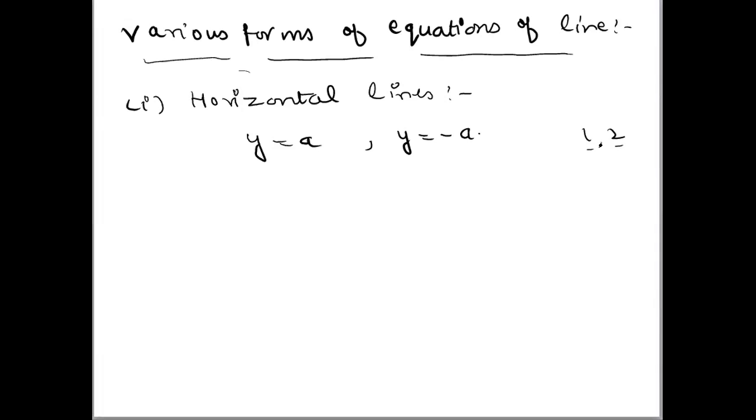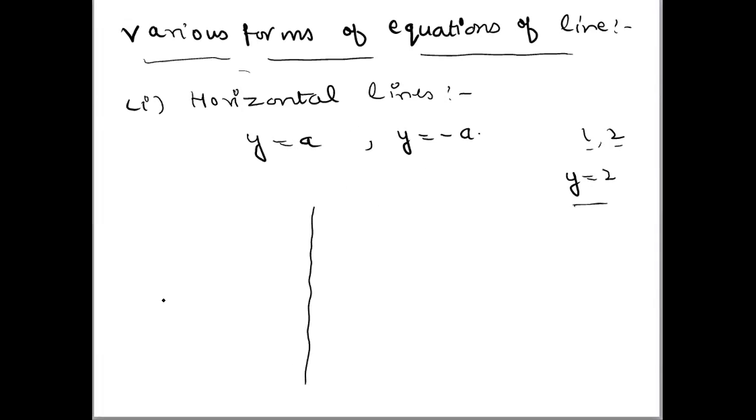When we are given 2 points we can easily draw, but what will be the line, right? What will be the point if we are given only y is equals to a? Y is equals to a, or you might be given y is equals to 2. This means we are given only the value of y. So x is not given, we can assume any value of x. So how we will plot it?